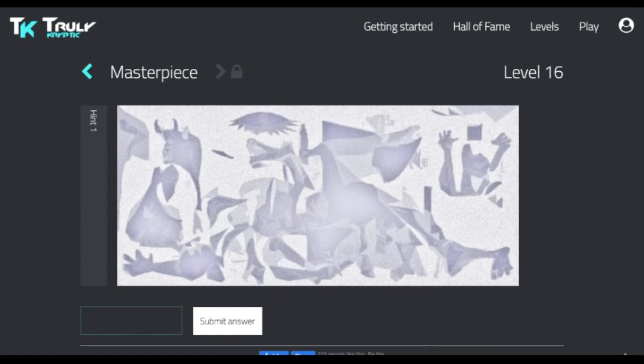When I first looked at this, I did indeed try to do a Google image search, which did not work. So I had to have a look at what was actually in the picture. On first glance, it was quite difficult to make out any identifiable shape or image. However, when I had a better look, especially in the top left-hand corner, I realized that something potentially looked like